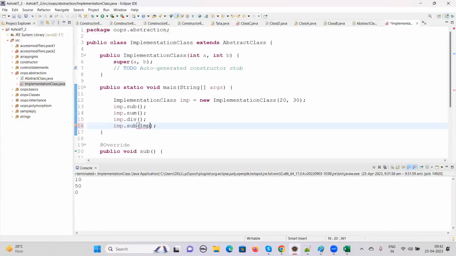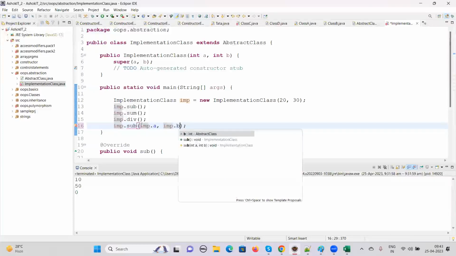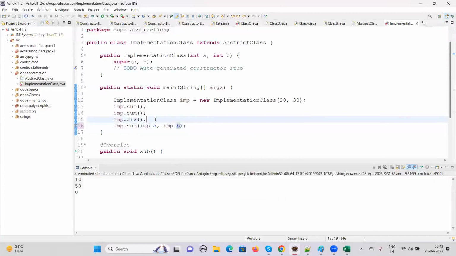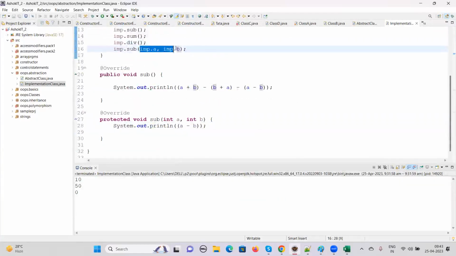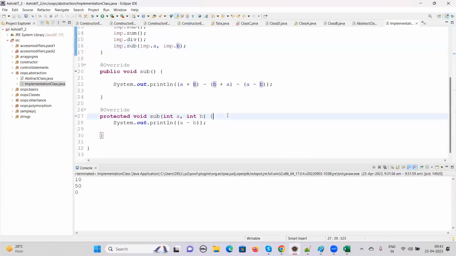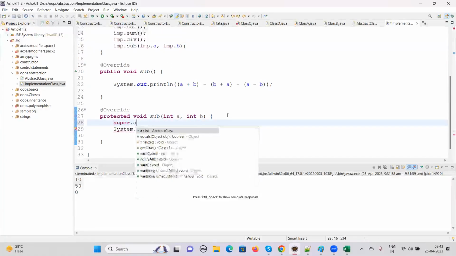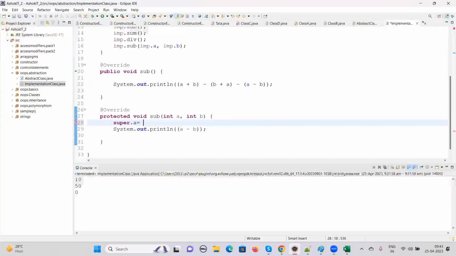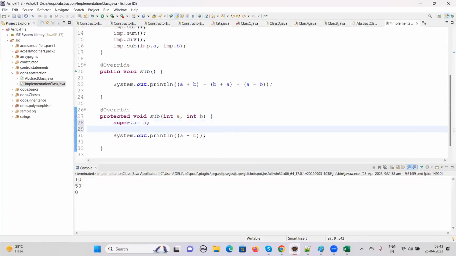Yeah, imp.a can get the values of a, b. Okay, so still you can take these values and you can just see again. You can use super.a equals a. So this is how you can access those variables, whatever variables that you are getting, that can be overridden. Okay. So super.b